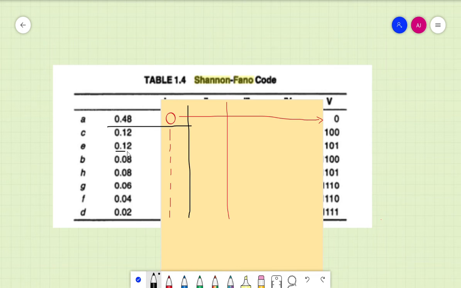So I divide it in this way. I have to write all previous codes as they are. So I write 1, 2, 3, 4 and 5. Okay. So the upper part gets 0. Let me write it with blue. This is 0. And then I have 1 all here, 2, 3, 4 and 5.